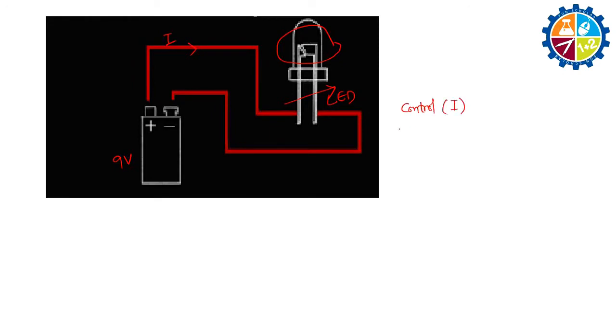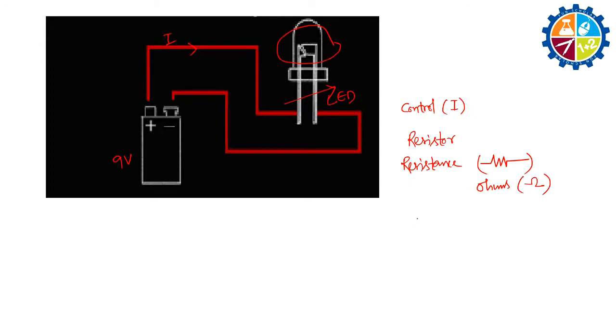That particular circuit element is known as a resistor, and this property of controlling the current is known as resistance. So we denote resistance in this fashion. This is the symbol of resistance, and the unit of resistance is given in ohms.